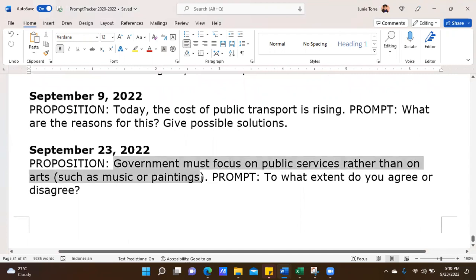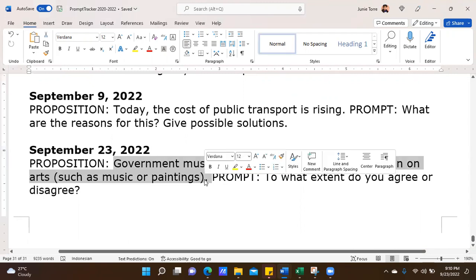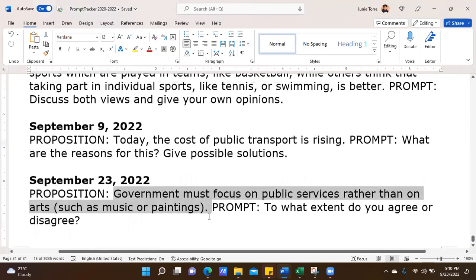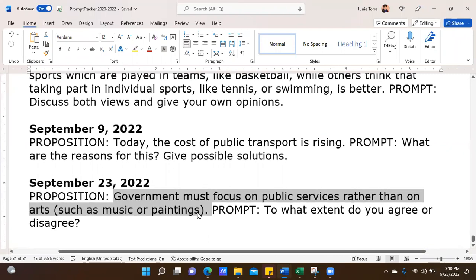Government must focus on public services rather than the arts. Diba? Very ano yung theme, no? Yung mga tema ng subsidies, diba? Kung saan pupunta yung pera. That's very Great Depression yun, and how government has now assumed a primary role in our lives, diba? Eh di, both. Both ako dyan. Madali lang yon. They're both important. End of discussion. Hello, USA.